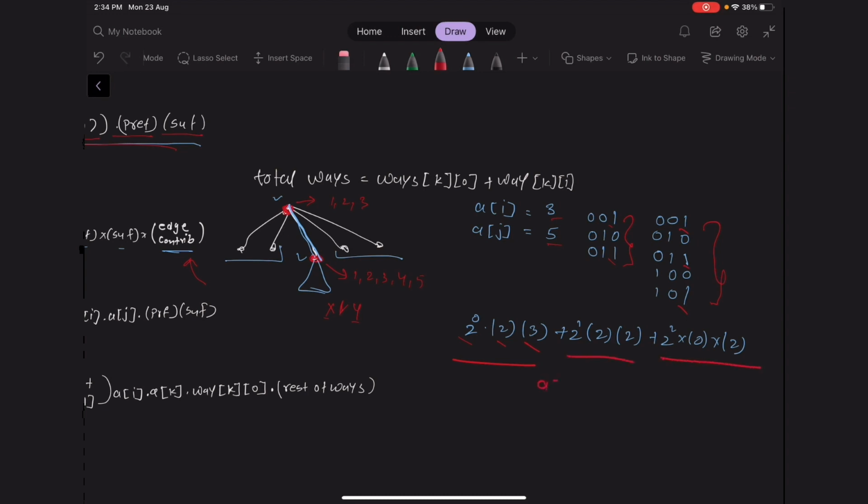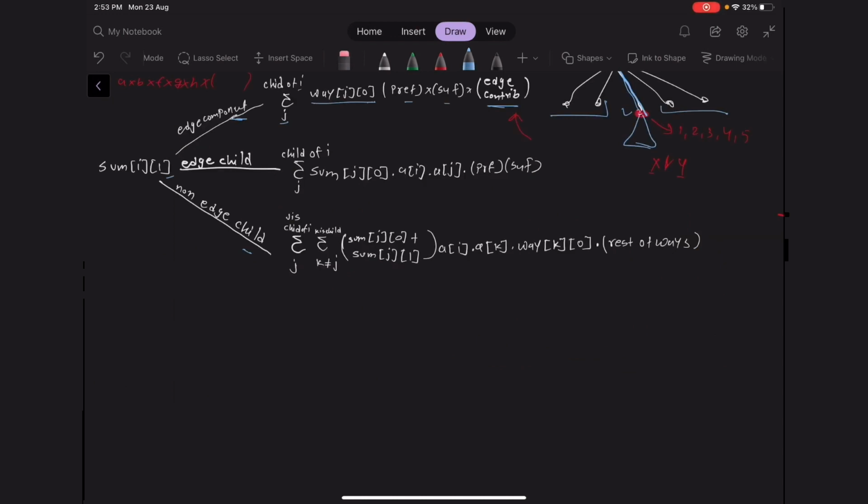And the value of ai is constrained by 10 to the power 9. So in order to calculate the edge contribution, we will iterate over the first 30 bits. This is how, in order to calculate the edge contribution, we have to take the contribution of each individual bit first, and after that we will add them up to get the entire edge contribution.